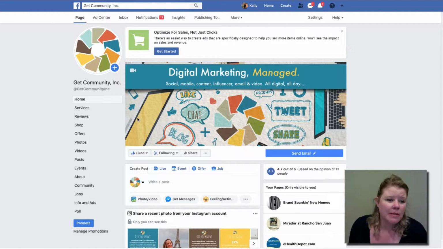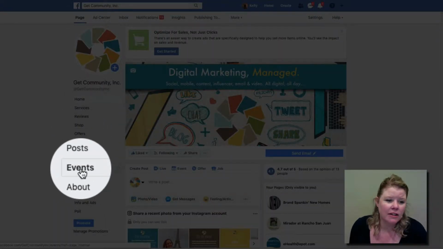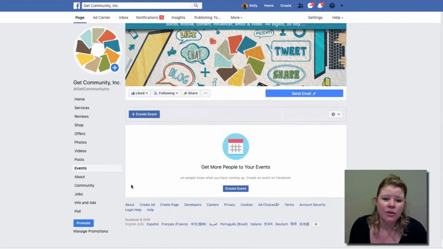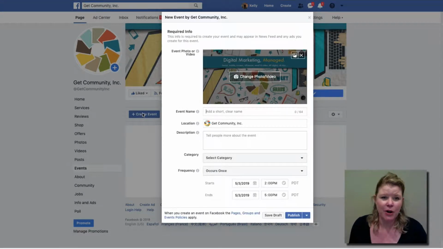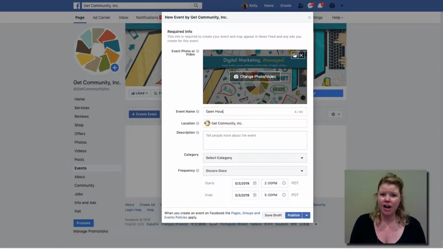So go to your company page, and then over here on the menu, you're going to click Events. And then you'll see right here, if you had events, they would show up here, but you're going to actually create an event for your open house. So this brings up a screen right here. You're going to be able to change the photo at the top. You're going to give your event a name. We're going to say Open House